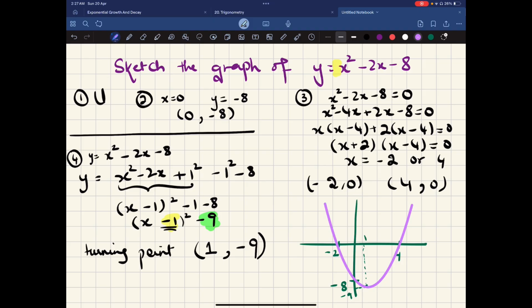Okay, you have shown the key pieces of information: the point where it is crossing the x-axis, the point where it is crossing the y-axis, and the turning point. All you're left with is to label this graph. y is equal to x squared minus 2x minus 8. Unless they ask you specifically for the equation of the line of symmetry, there's no need to mention it. But in this case, the line of symmetry is going to be